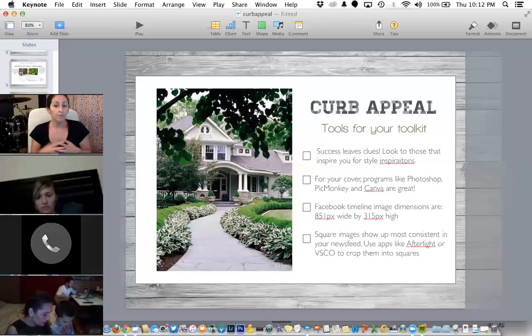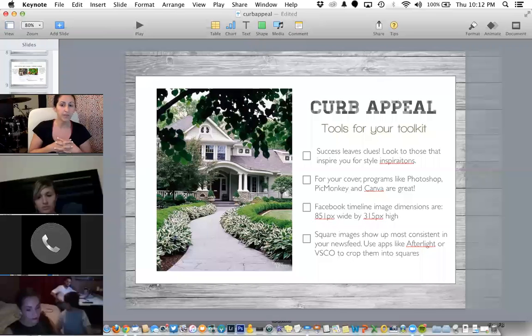For your cover, programs like Photoshop, PicMonkey, and Canva all work really well. If you are digital media savvy, then Photoshop is a great tool for you. But if not, PicMonkey and Canva are free tools that are available, and you can make collages on those. And if you're on your phone, you can make collages in programs like Moldiv, M-O-L-D-I-V,